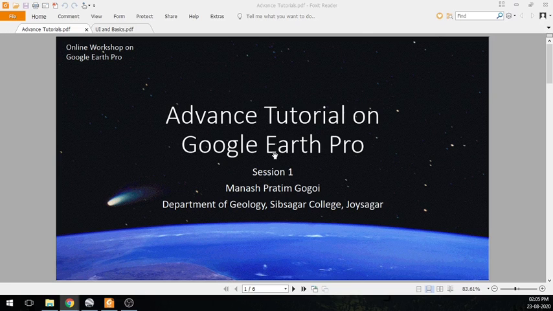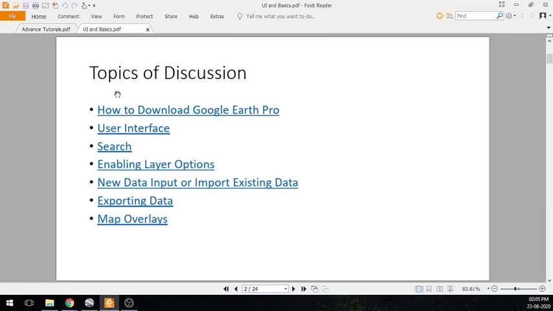So before going to this advanced tutorial, I want to go to the previous session because we have left one topic, that is the map overlays. So first of all, I will go through the map overlays. After that, we will go to the advanced tutorial section. So map overlays means there are certain other different types of maps that can be used in Google Earth